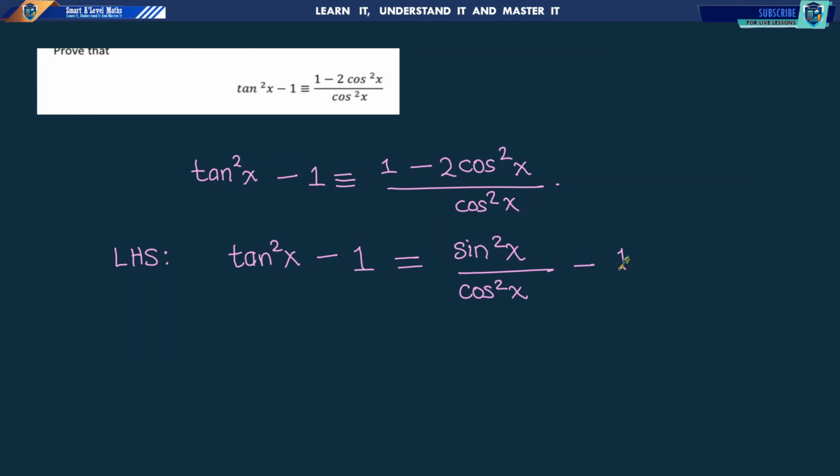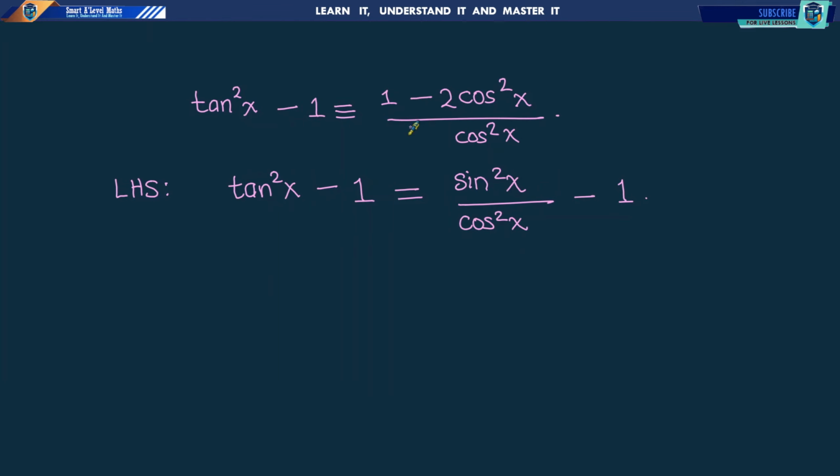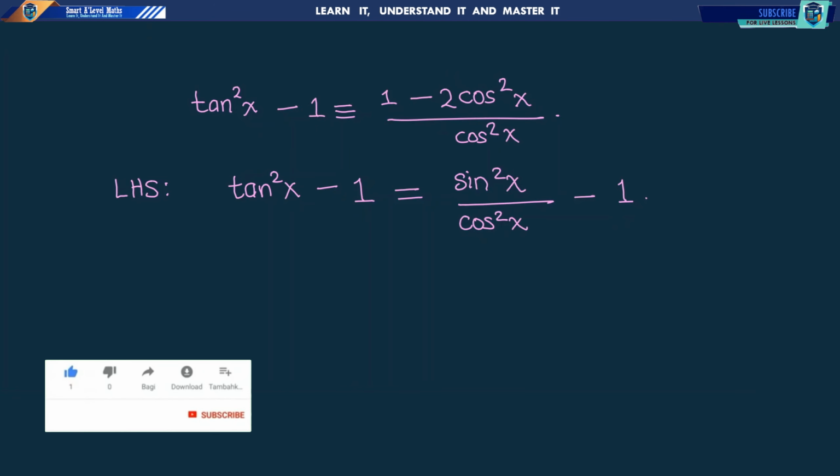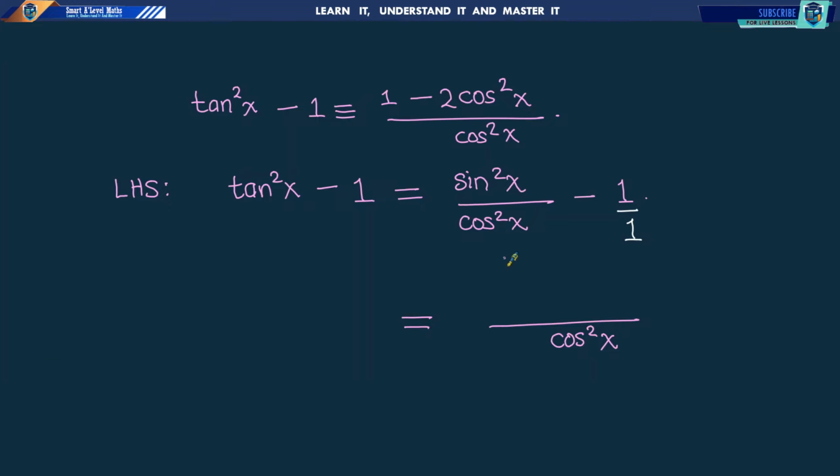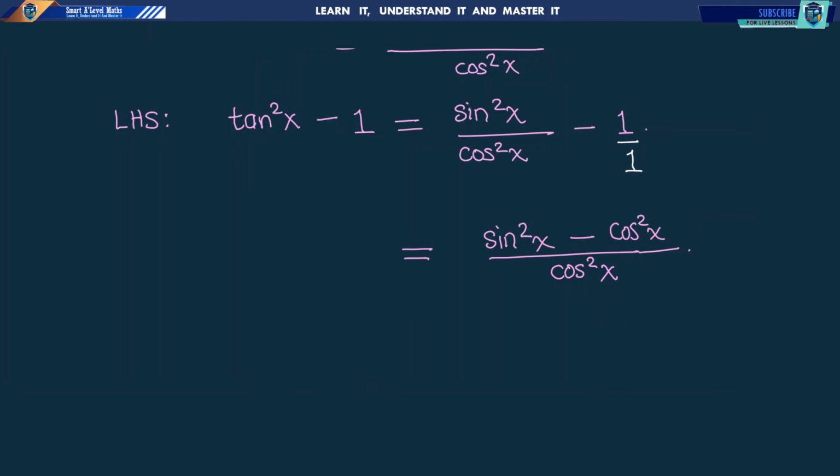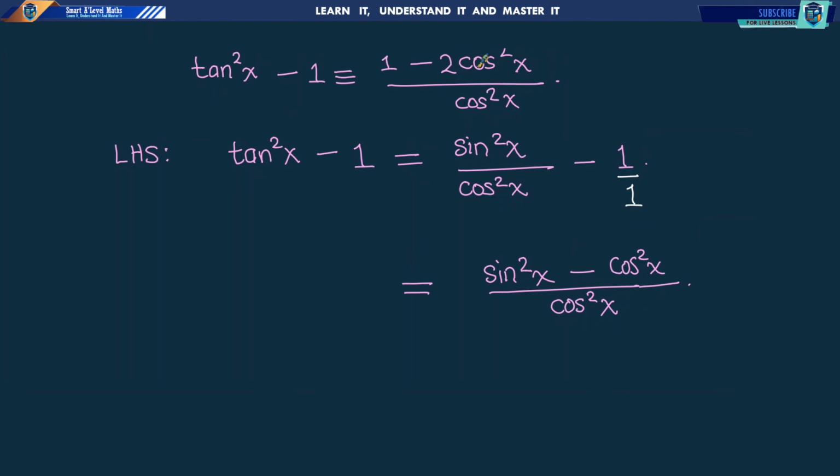So this equals, let's write tan²x in terms of sin x and cos x, minus 1. You can also see from here that for us to get something similar to this, we need 2cos²x here and 1, meaning we need to simplify this, and our lowest common divisor is cos²x. So dividing that, we get sin²x. Minus, dividing this, we get the same term here, times 1 is the same, and that is cos²x. We have achieved one thing, that is the quotient, but because we have 2 in front here, we need to